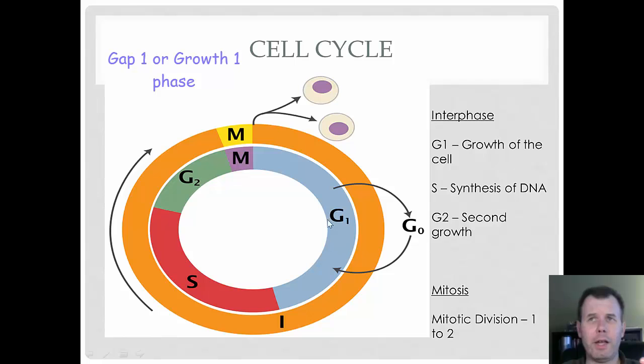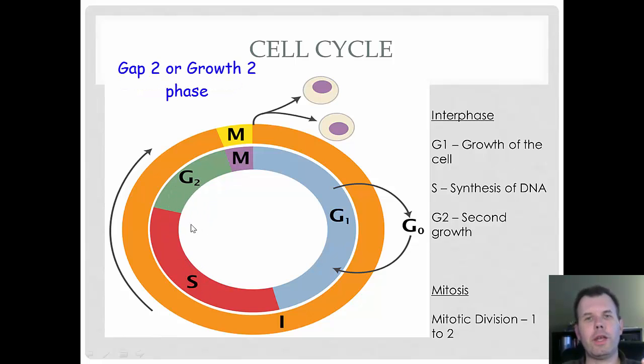But just to kind of give you a heads up, G1 means gap 1 or growth. S is synthesis, where you actually replicate your DNA. And G2 is then you continue to grow until your cell is ready to divide. Okay, and then you hit the M phase, your cell goes through mitosis, and then you end up with 2 new shiny cells out of the one that it started with. And so this is the cell cycle.